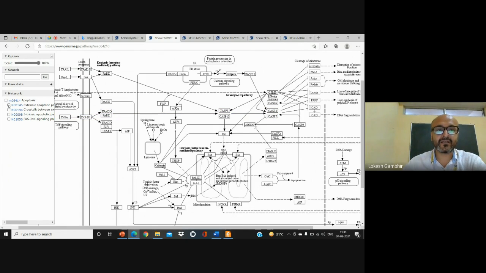No, I am not interested in this. I am interested in JNK mediated Fas ligand and JNK mediated death signaling. So this is the axis that will be provided to you. I am interested in, let's say, crosstalk between the different pathways. So this is the crosstalk that is present. I am interested in intrinsic apoptosis. This is the intrinsic pathway where the apoptotic genes are activated, where the release of cytochrome C will lead to the activation of caspase 3 and 7, which are the executioner caspases. So these are the complete details that are provided.